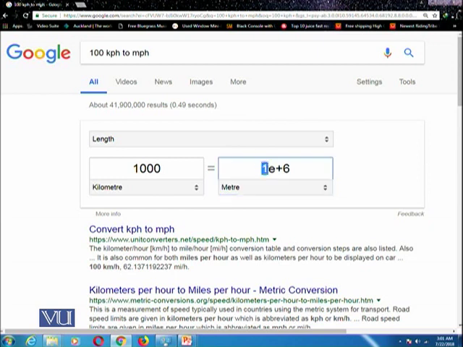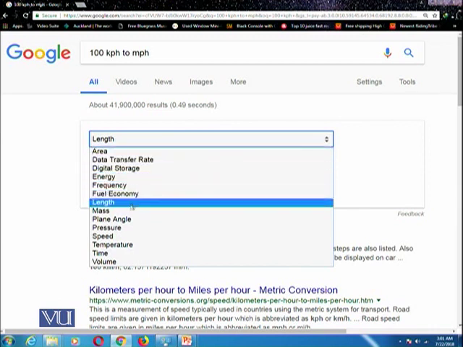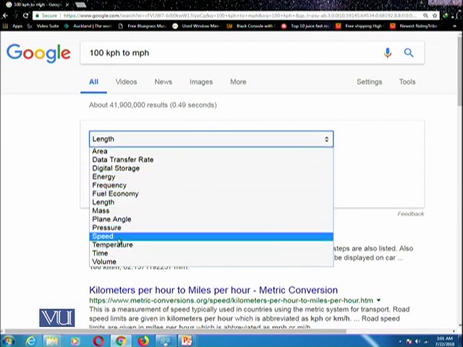In computer science, we write such a value, 1e+6, which means that 1 has 6 zeros after it, so 1 0 0 0 0 0 0. There would be 7 digits including the 1 and 6 zeros. This is a notation in which we write scientifically, and we will be learning it in upcoming lectures as well. And here you can also try to convert other things, for example, speed, temperature.